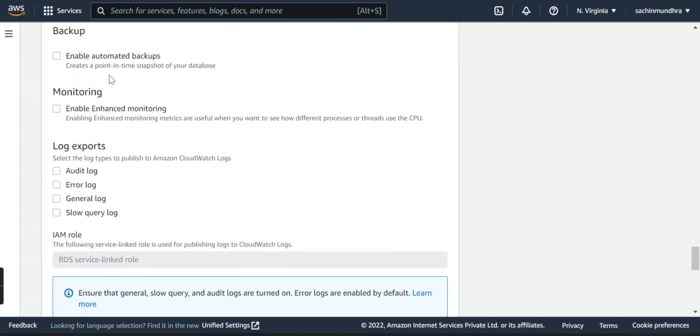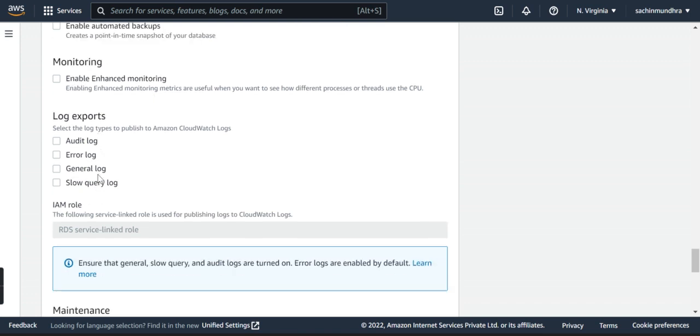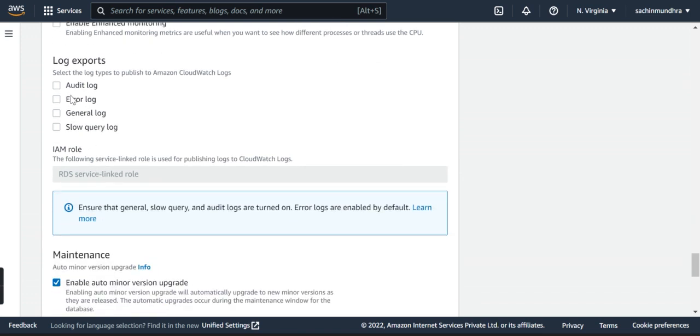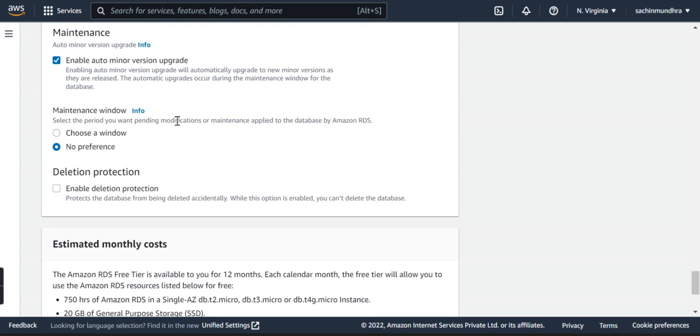Backups, we don't want the backups to be enabled, so I have disabled it. We don't want logs also because it's just for learning purposes. If you want, you can enable any logs here. Maintenance window,